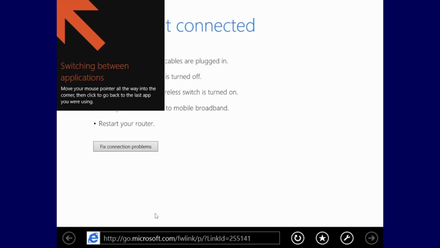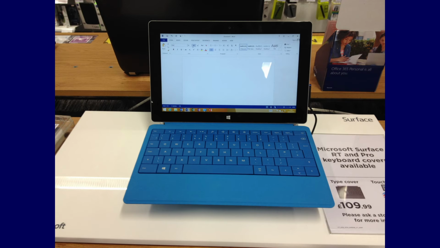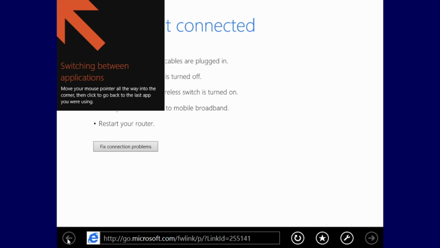Windows 8 and 8.1 were designed more for tablets, and there were tablets that became available around about this time. For example, the Microsoft Surface and the Microsoft Surface RT became available, and you could just use them with Windows 8 as a tablet. And that's what this was designed for.